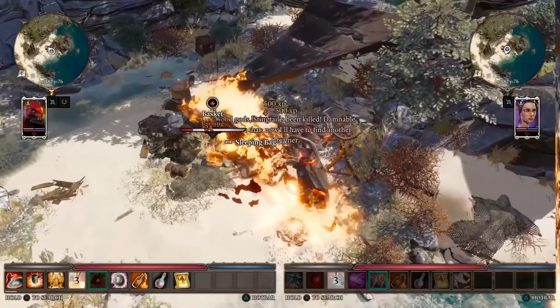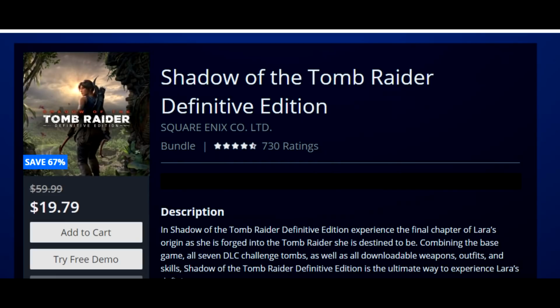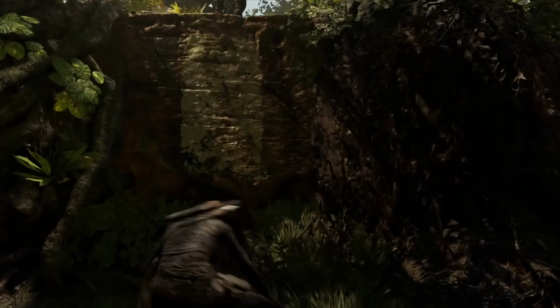Nonetheless, without further ado, let's get right into it, and let's kick things off with Shadow of the Tomb Raider, the Definitive Edition. Whenever I see this on sale for south of $20, I give it a strong recommendation because SOTR is a very good game. I do think it's not as good as Rise of the Tomb Raider. Probably a better game than Tomb Raider 2013, but the real issue with the game come launch was the fact